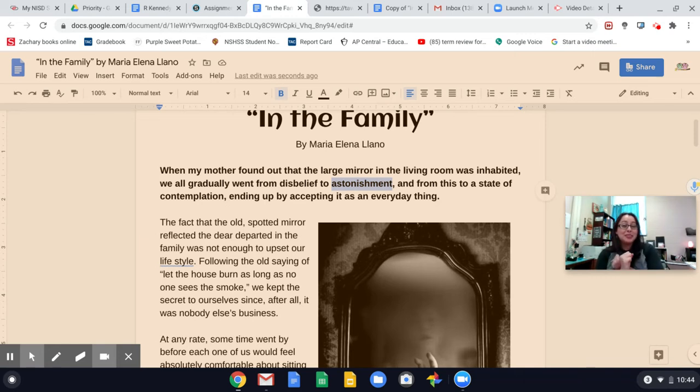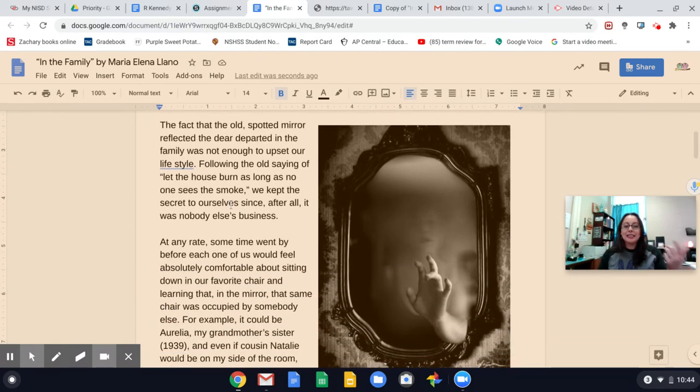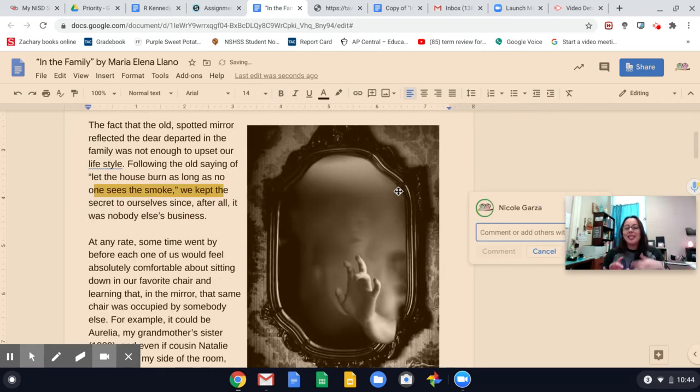One more way, since we're dealing with a short story, we're looking at genre and the tenets of what makes a short story. We should already be envisioning that plot structure format from elementary school, that little mountain thing: the exposition, the rising action, the climax, the falling action, the resolution, and the denouement. So the exposition is that opening information, that background information. Think of it like a prologue in a play. So if you see any pieces of information that kind of set up the story for us, you can highlight it, annotate it, and put it